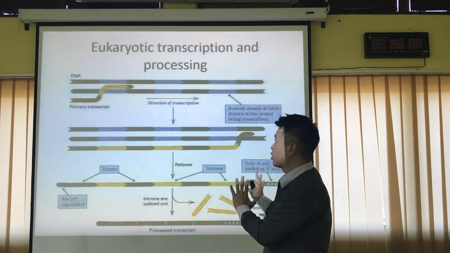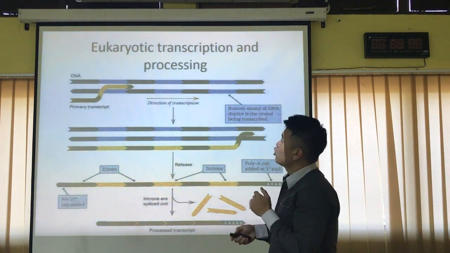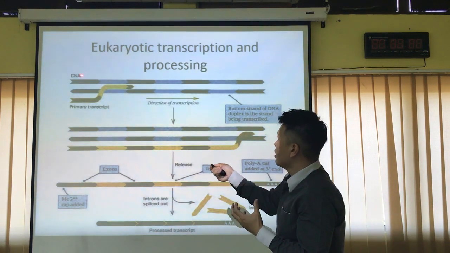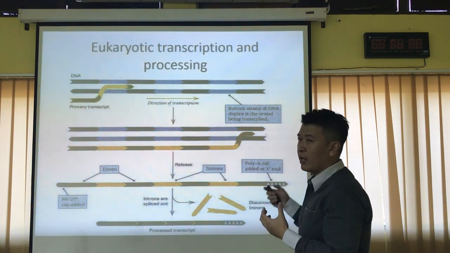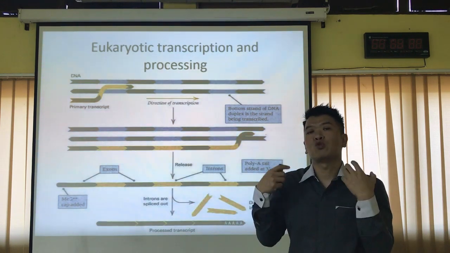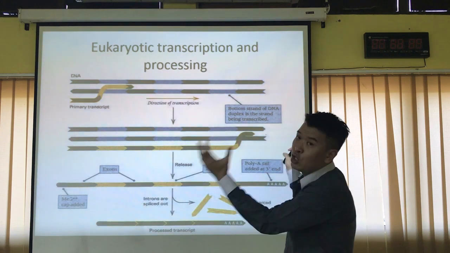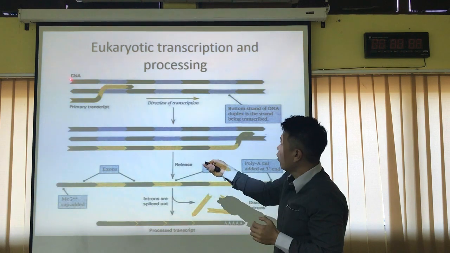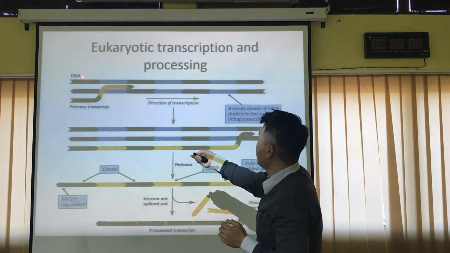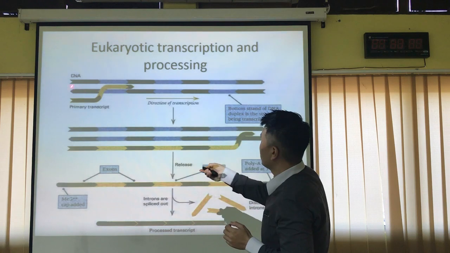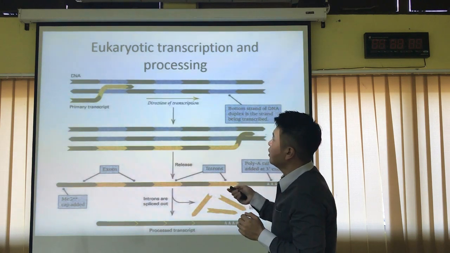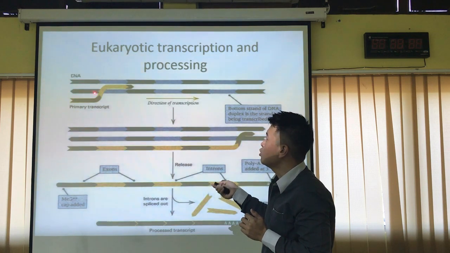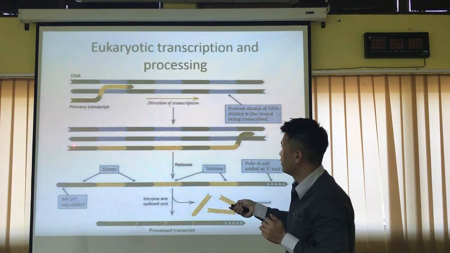But briefly, what I will go through with you here is to show you how the DNA, the genetic material, is transcribed into mRNA, and how the mRNA is processed in the nucleus before it is a fully matured mRNA. So over here, you have DNA, 5' to 3', 3' to 5'. Okay, so you will have the 3' to 5' DNA to be used to transcribe the mRNA. So now we have